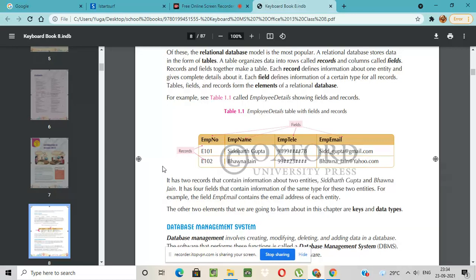This table contains two records about two entities, Siddharth Gupta and Bhavna Jain. Two entities means two employee records are there in this table. Likewise, you have to create a table in Microsoft Access.